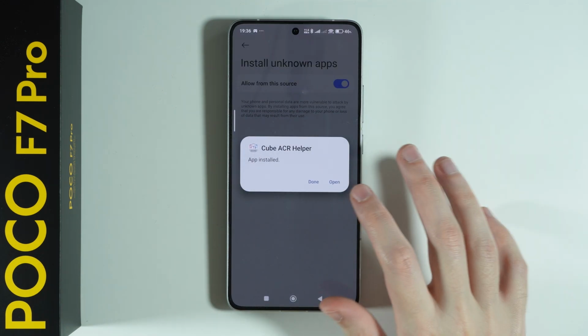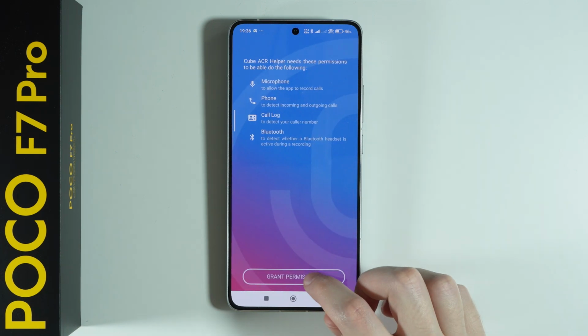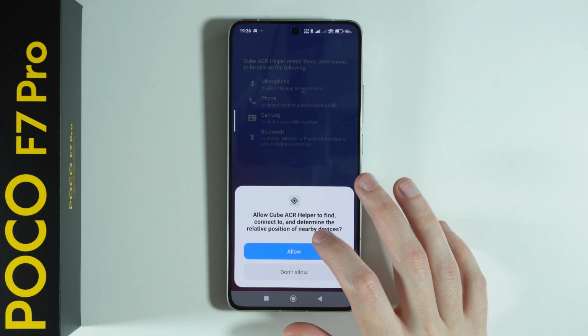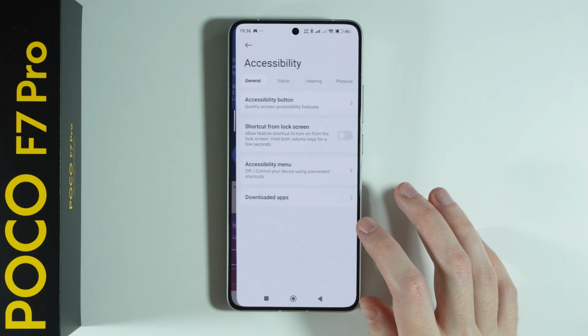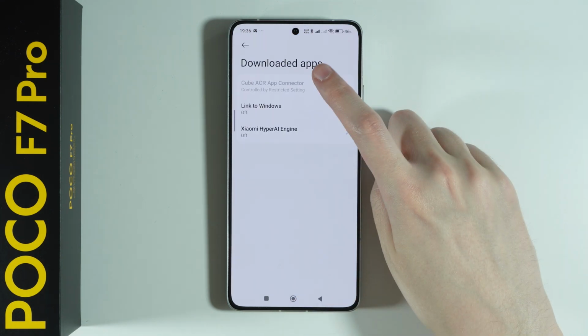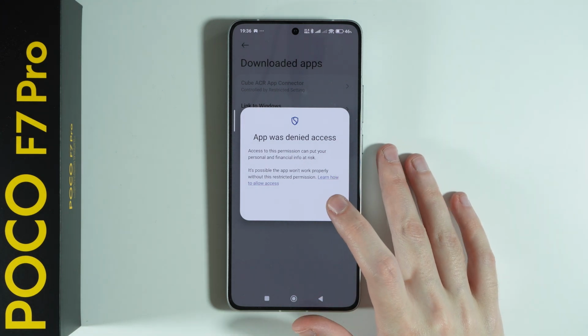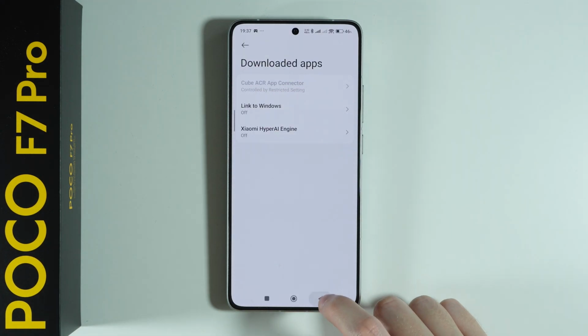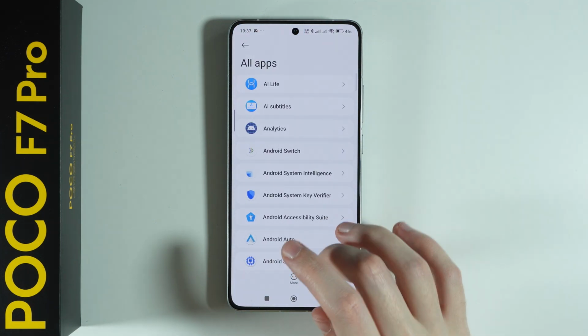So in addition to that, I'm gonna show you how to set up the helper. So we're gonna press next, grant permissions once again. There we go. Now first we need to go to accessibility, go to downloaded apps, and tap on Cube ACR app connector. You want to tap on it, and you want to see this information that access was denied, and press OK. Now we're gonna go back and go to apps, press go to apps,